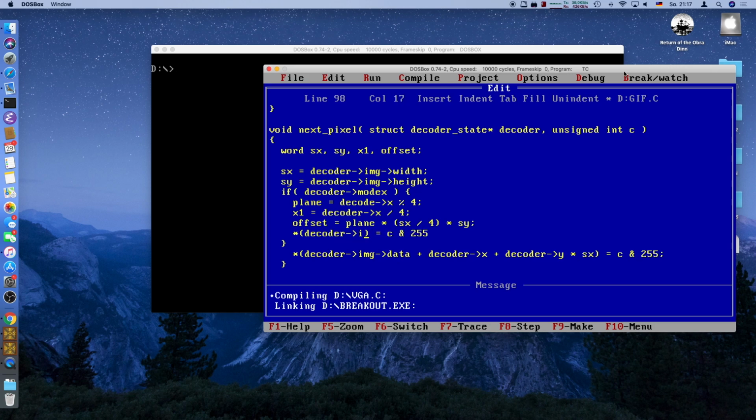And again, we take the image data pointer. We add to it the offset that we calculated, which gives us the pointer into the page. Plus, of course, we need to take the y coordinate times the size of the width of the image divided by 4 plus our coordinate x1. So the offset is just the plain offset, and the part behind that is the calculated pixel offset, which